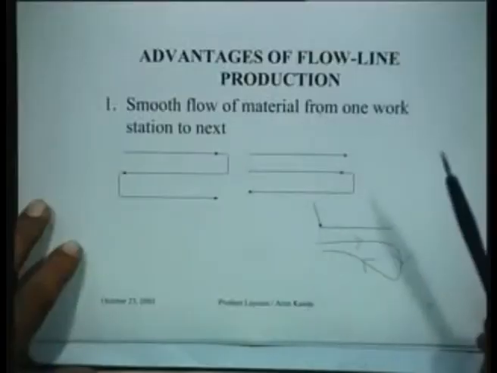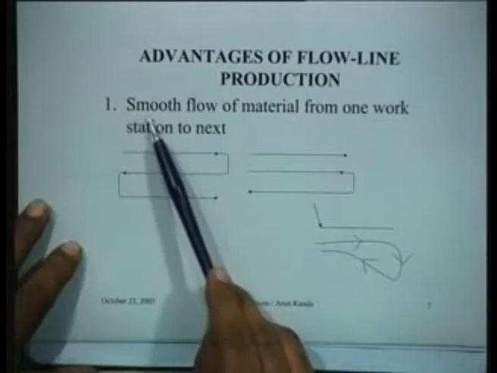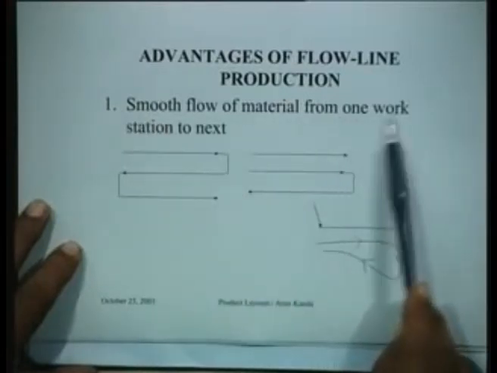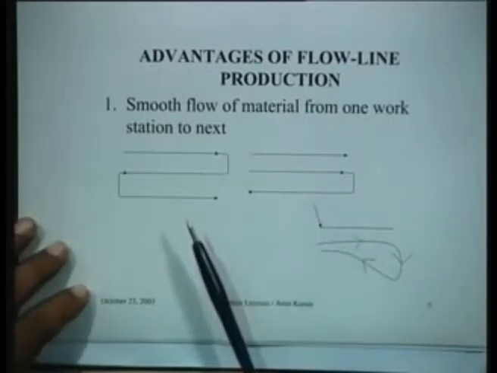Here are some of the advantages of flow line production systems which we are talking about today. The first advantage is the smooth flow of material from one workstation to the next. You just saw that. But I would like to point out that this